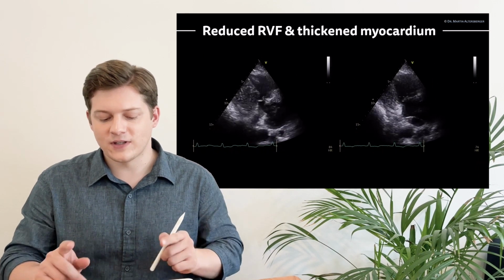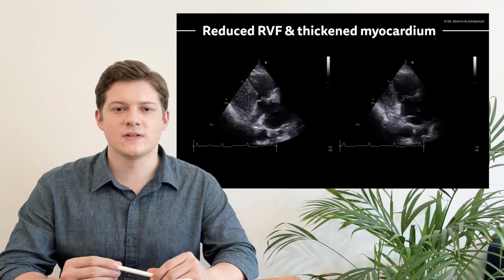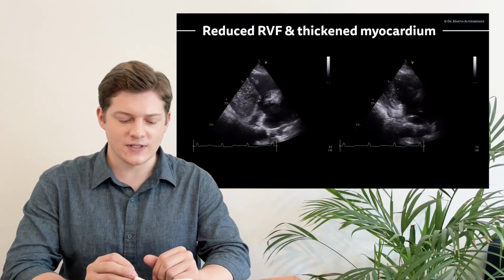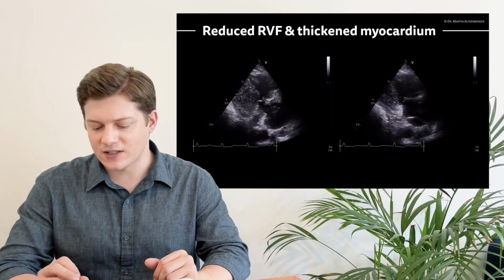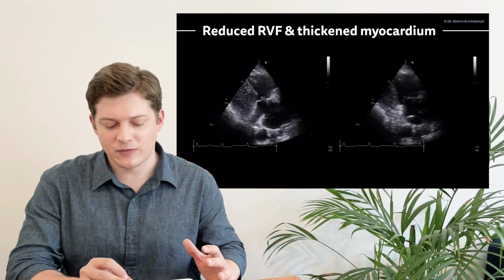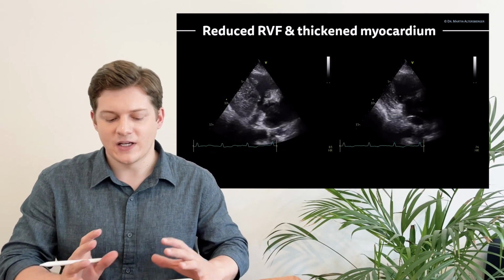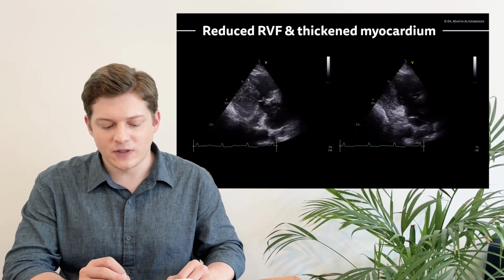To continue with another example, I want to show you another reduction in right ventricular function, but probably it's a different origin. In this case, you see that there must be thickened myocardium. Here's a little bit of a different angulation of the same patient, so the left loop and the right loop, they are the same patient, the same person, but a little bit of a different angulation, and